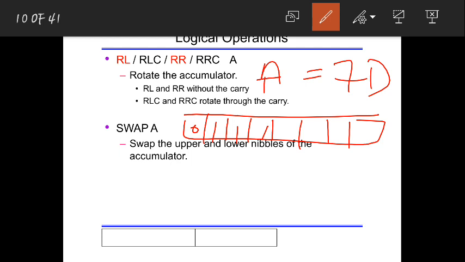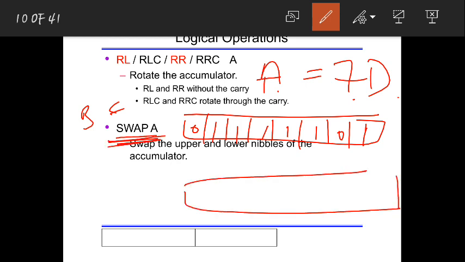Next D means 13, which is 1, 1, 0, 1. Okay, this was the accumulator. Now this was before execution. Now I'll write the instruction, swap A. This accumulator has 7D, and if I write this instruction swap A, so after execution what is going to happen is,